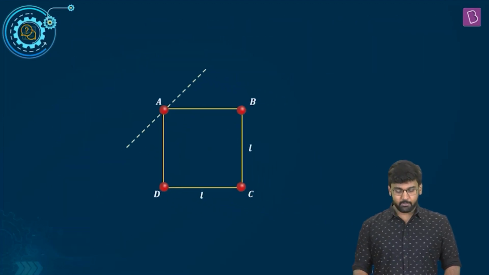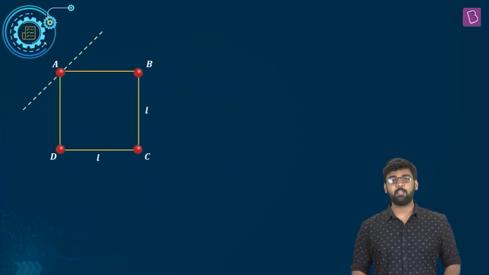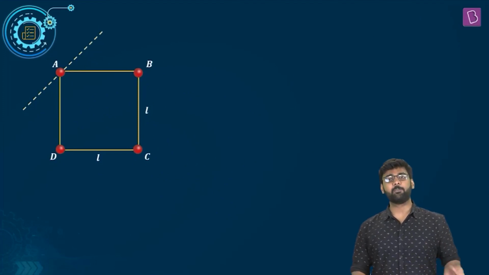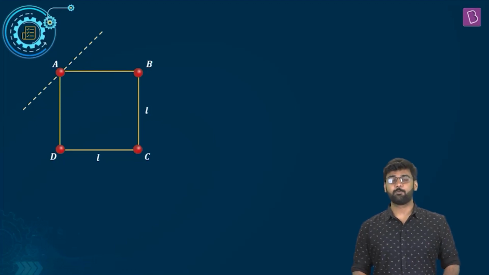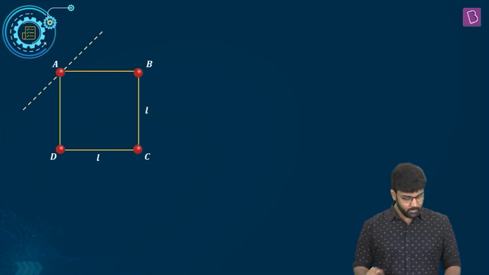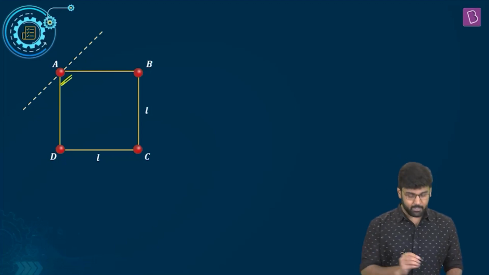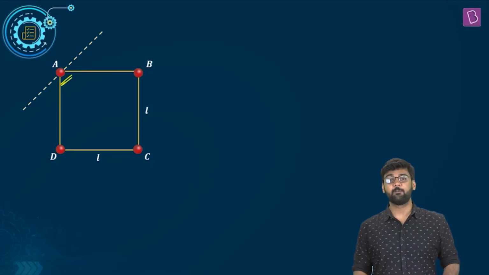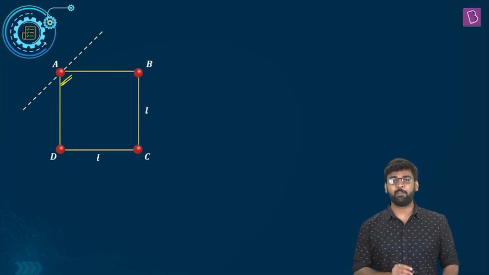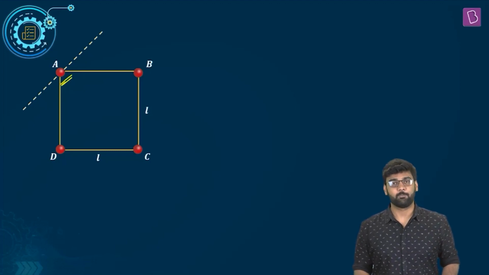Now, we know that to calculate the moment of inertia, we need two things. For point masses, we need mass and the perpendicular distance of these masses from the axis of rotation. So here we have these 4 masses and we want the perpendicular distance of these 4 masses from the axis of rotation. First of all, for this particle A, the perpendicular distance will definitely be 0 because this particle is lying on the axis of rotation.